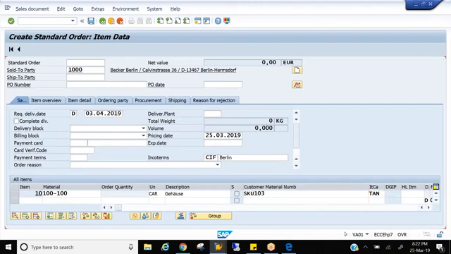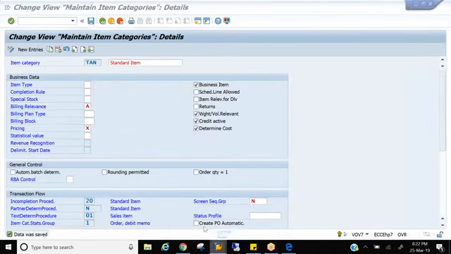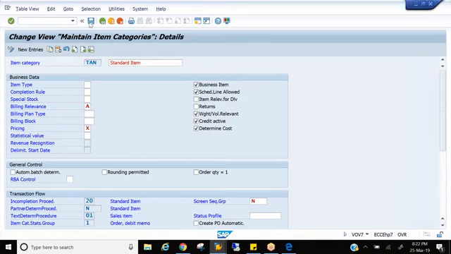If I go to it, you see, there is no schedule line tab, which was there earlier for TAN. Why is the system not showing it here? Because we have unchecked the schedule line for TAN. So this field schedule line will control whether you will get a schedule line button in the sales document or not. So it is very important for your learning that you should know for which it's not applicable.